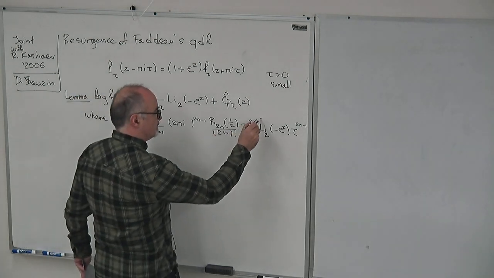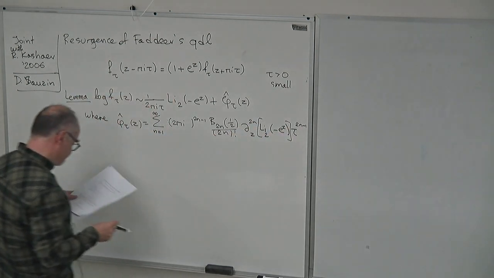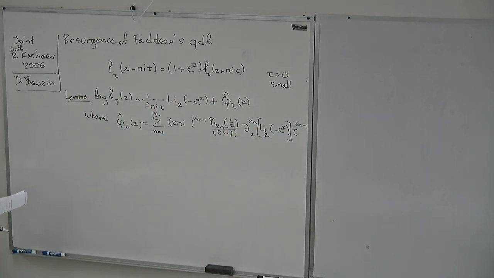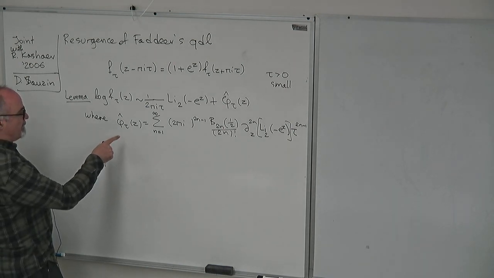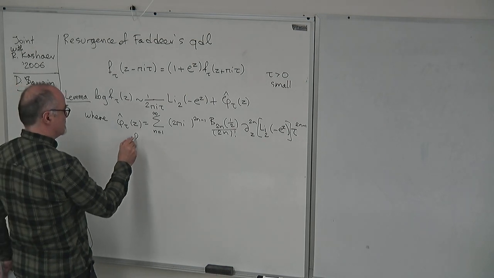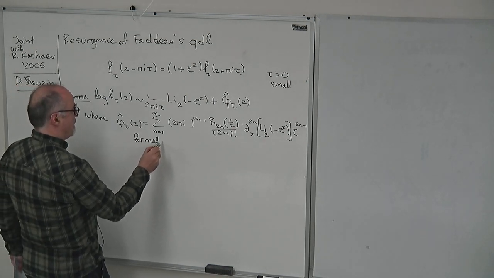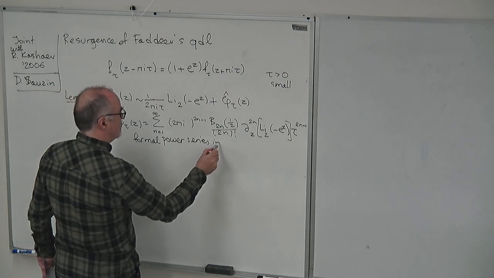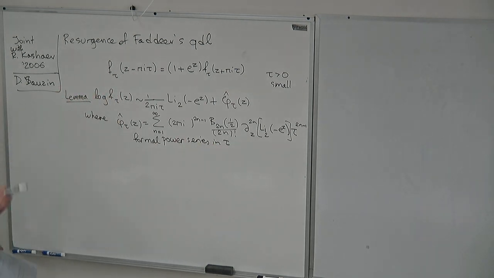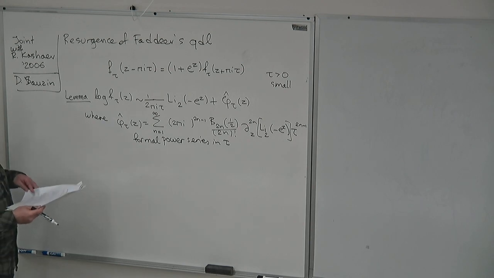Okay, this goes on forever. It's again asymptotic in tau, because it's a divergent sum. It's just a formal power series in tau with coefficients that depend on z. Okay, so that is a lemma,